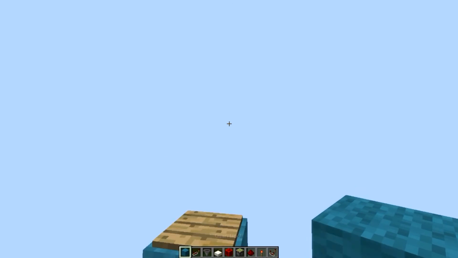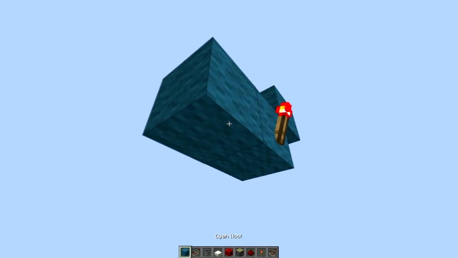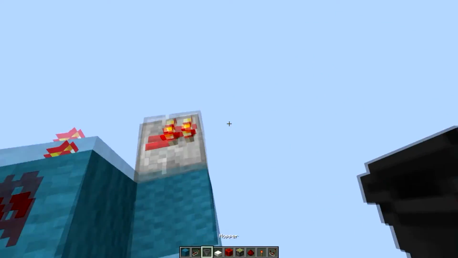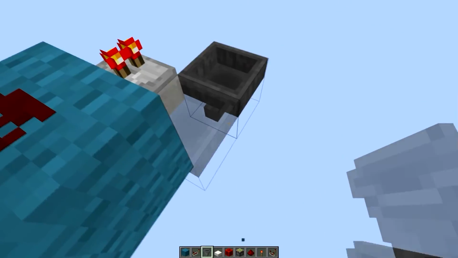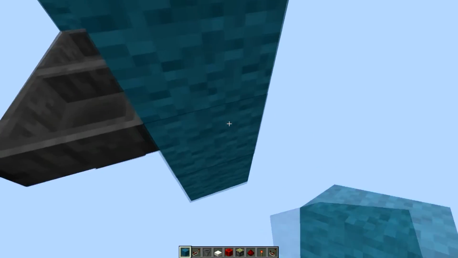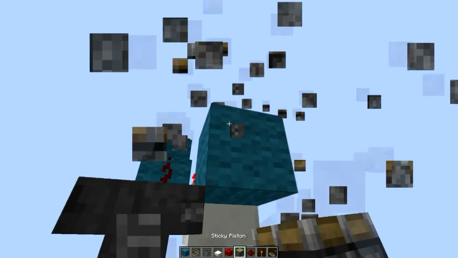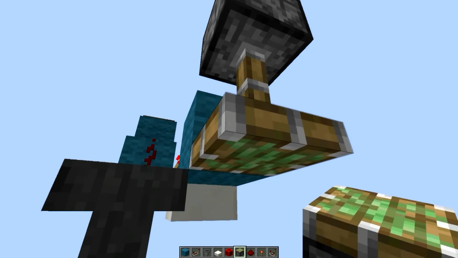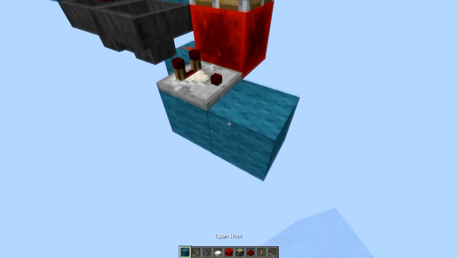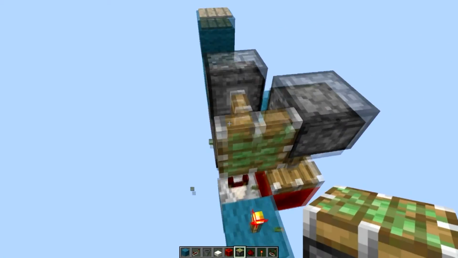Okay, so for this one we will place our input here. Then a torch that also does stuff again. Actually this needs to be a half slab. And then we have a hopper facing into another hopper right here. Then we make this power the hopper, and this does power the hopper. Then we use a piston here to redirect the signal. Then we take our comparator output out of here, invert the signal, place a piston right there, and then we